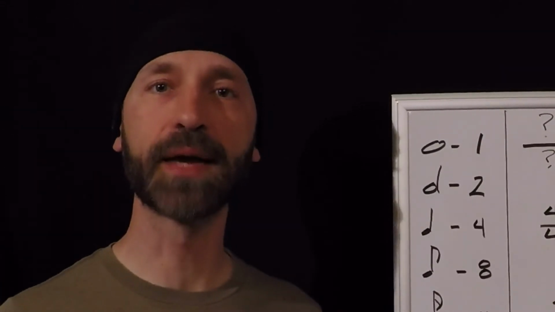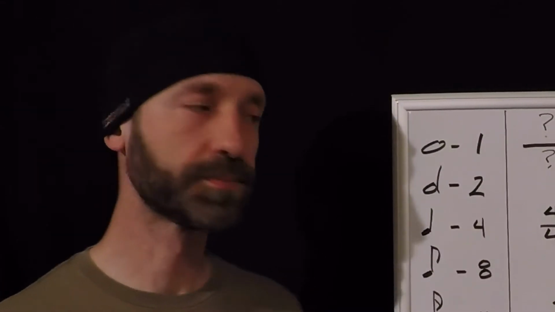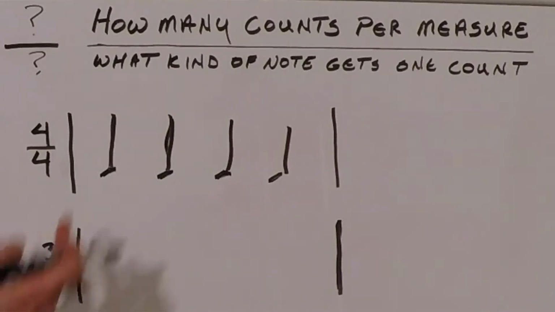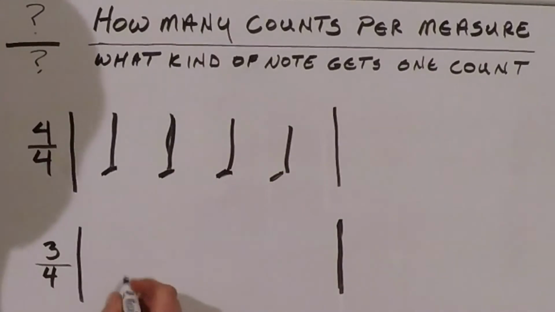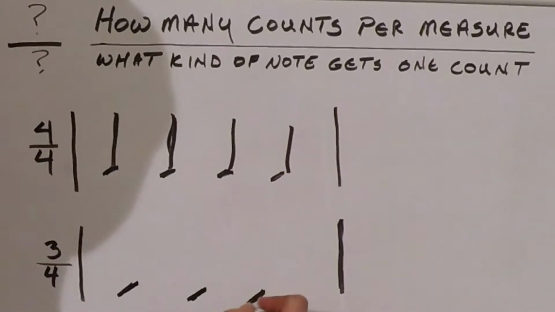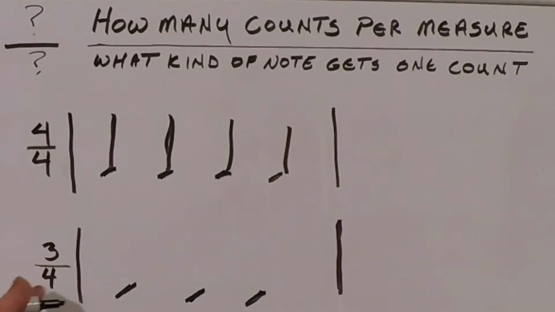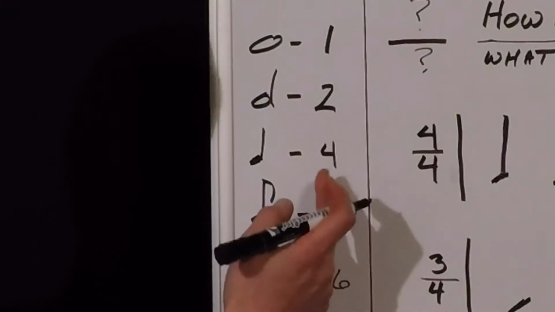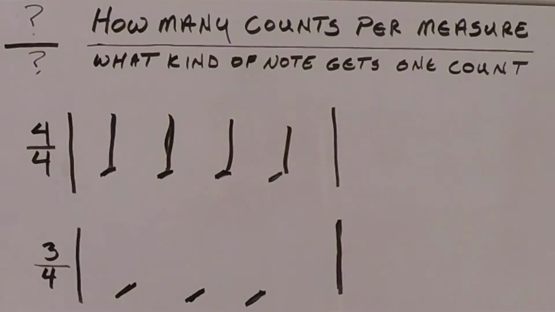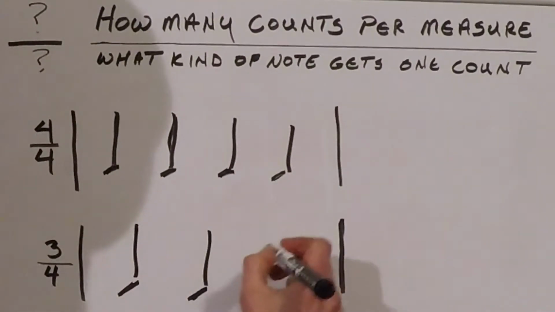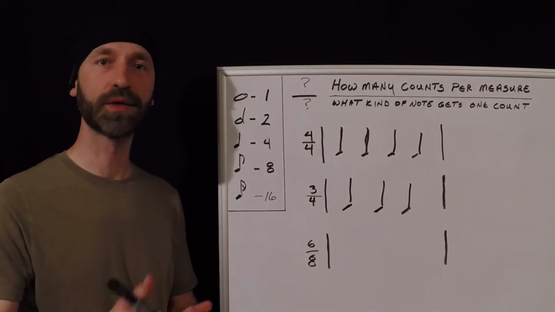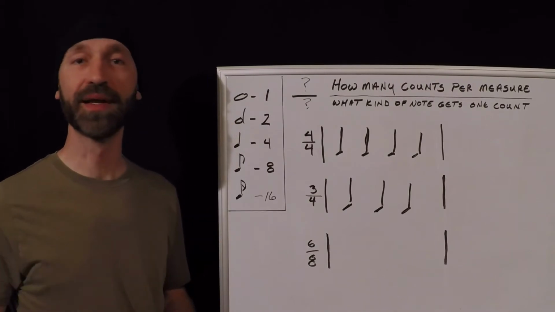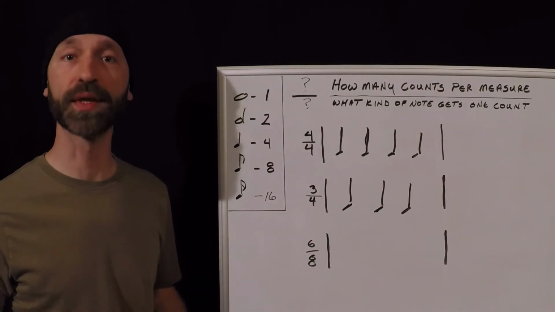Now let's take a look at another time signature, 3/4 time. Top number, how many counts per measure? 3. So now we know this time signature has 3 counts per measure. Bottom number is a 4. What kind of note gets one count? Go back to the rhythm tree. 4, it's quarter notes again. So each one of these notes is a quarter note. And it's counted 1, 2, 3, 1, 2, 3, and so on until the song ends or the time signature